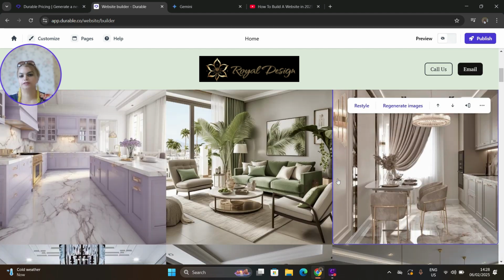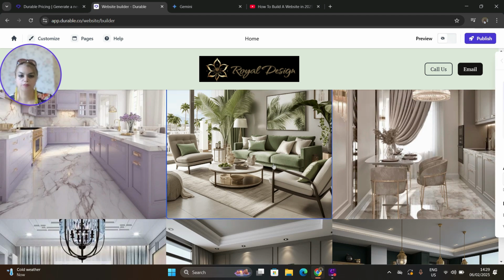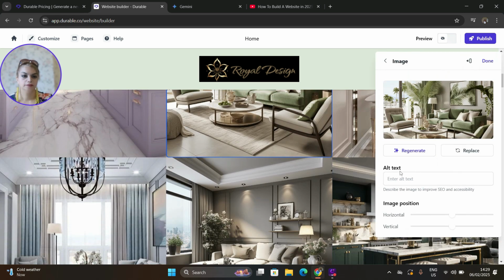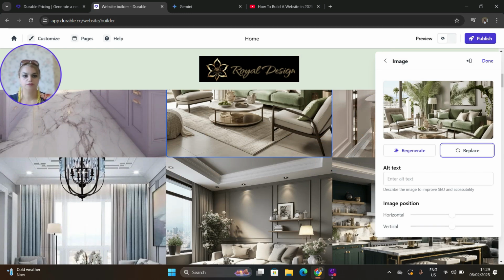So these are images. Let's imagine that you want to change some of them. You want to change the picture. So you are pressing it, and you can replace. So you can press this button, replace. So you can go to Unsplash and find images there. Or you can also go to our library, the library that you have